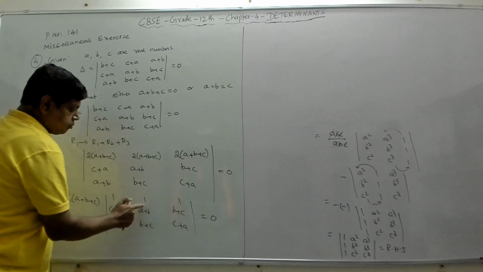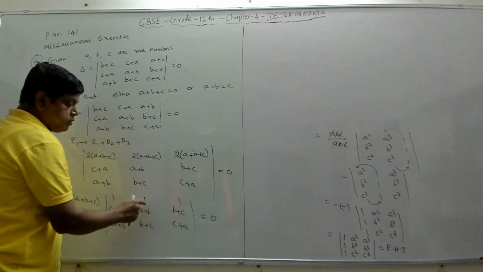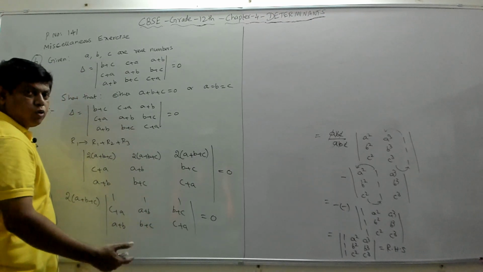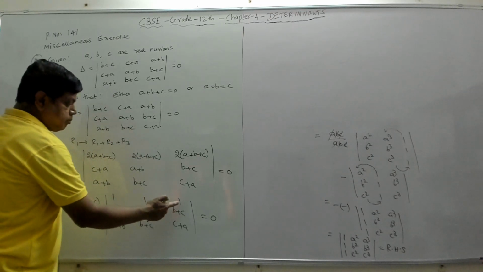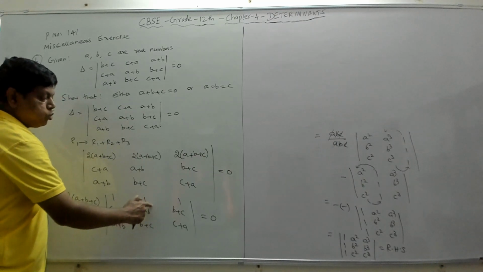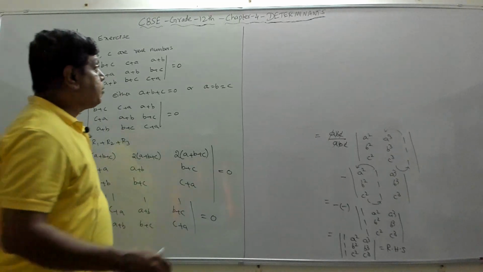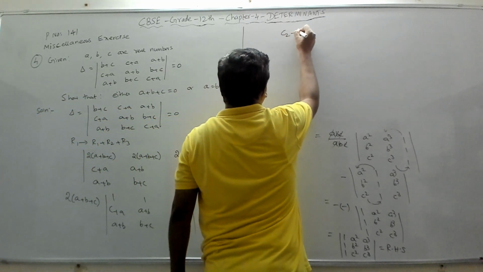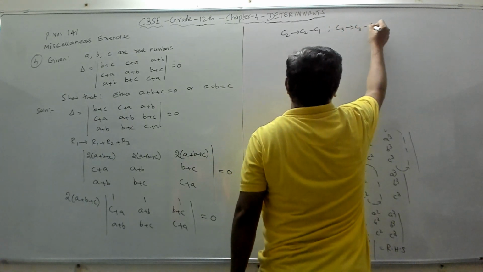Sorry. So again, if you see here, before we get on to this, we can make these two 0 because we got 1, 1, 1. I told you the moment you get 1, 1, 1, then we can make two of the elements in row 1 as 0 by applying this minus this. So column 2 minus column 1, and column 3 minus column 1. When 2 of the elements in a row or a column become 0, then we can easily expand. So we will apply the column operation: C2 implies C2 minus C1 and C3 implies C3 minus C1.